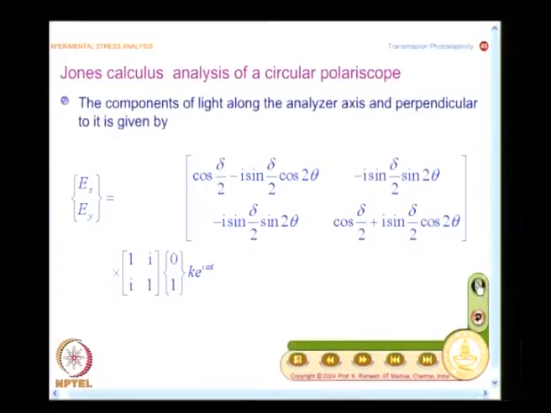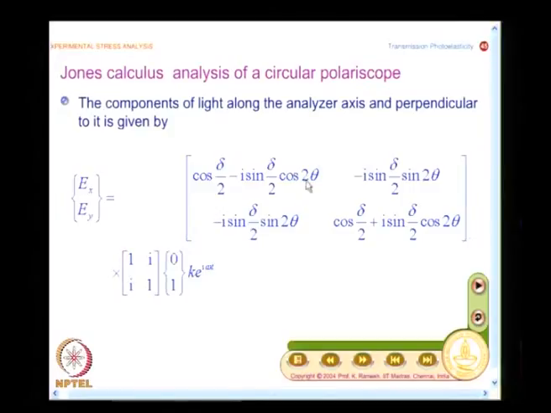So, I have the matrix here: cos delta by 2 minus i sin delta by 2 cos 2 theta, and for the diagonal term I have to just change the sign. Compared to the first term, the diagonal term is simply a change in sign: cos delta by 2 plus i sin delta by 2 cos 2 theta. Then I also mentioned these two cross terms are not difficult.